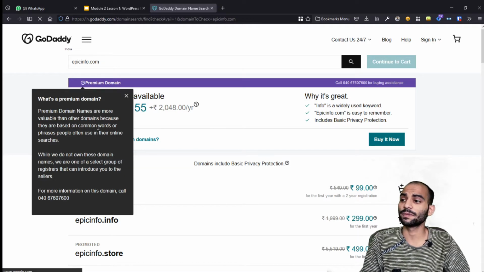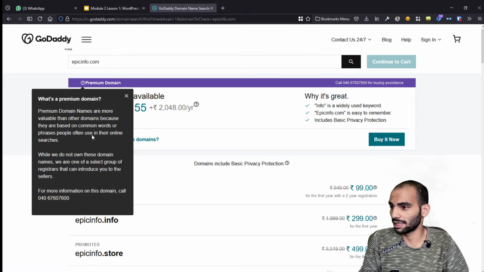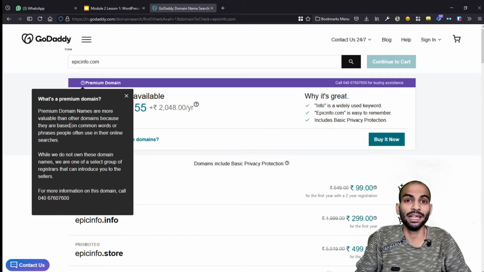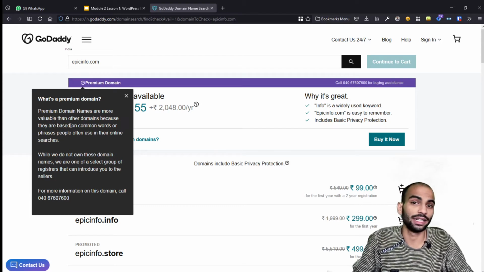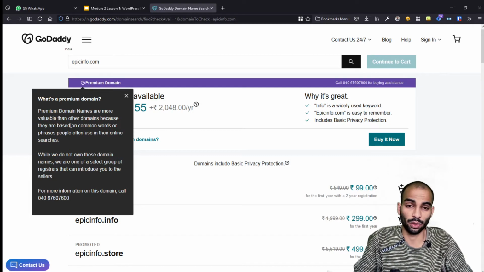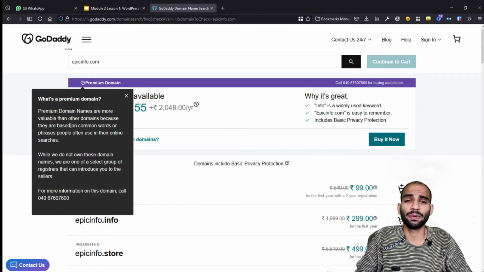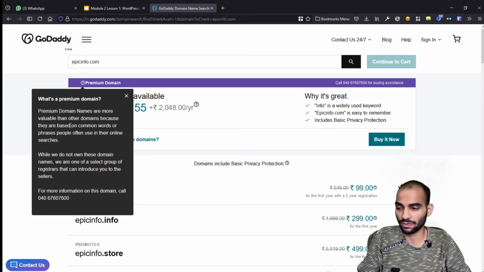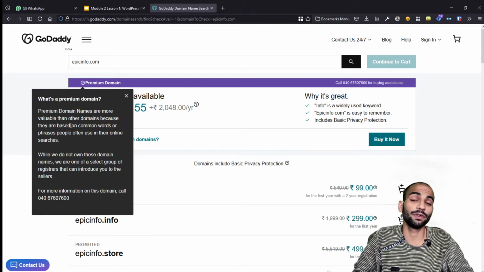If you try to find out what premium domains are, basically these are domains that are more valuable than the normal, ordinary domains. Just take the example of phone numbers. Even phone numbers have a higher cost. For some VIP numbers you have to pay much more than the normal SIM card cost. It is the same with number plates for your vehicles: if you want a really good VIP number, you have to pay more money.